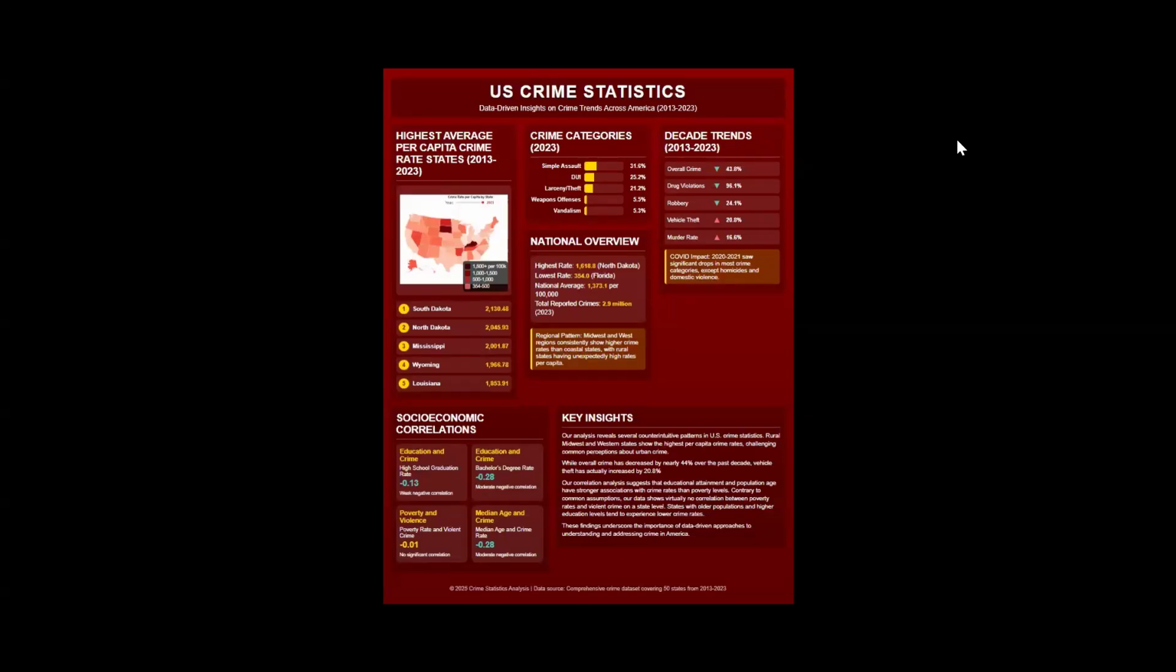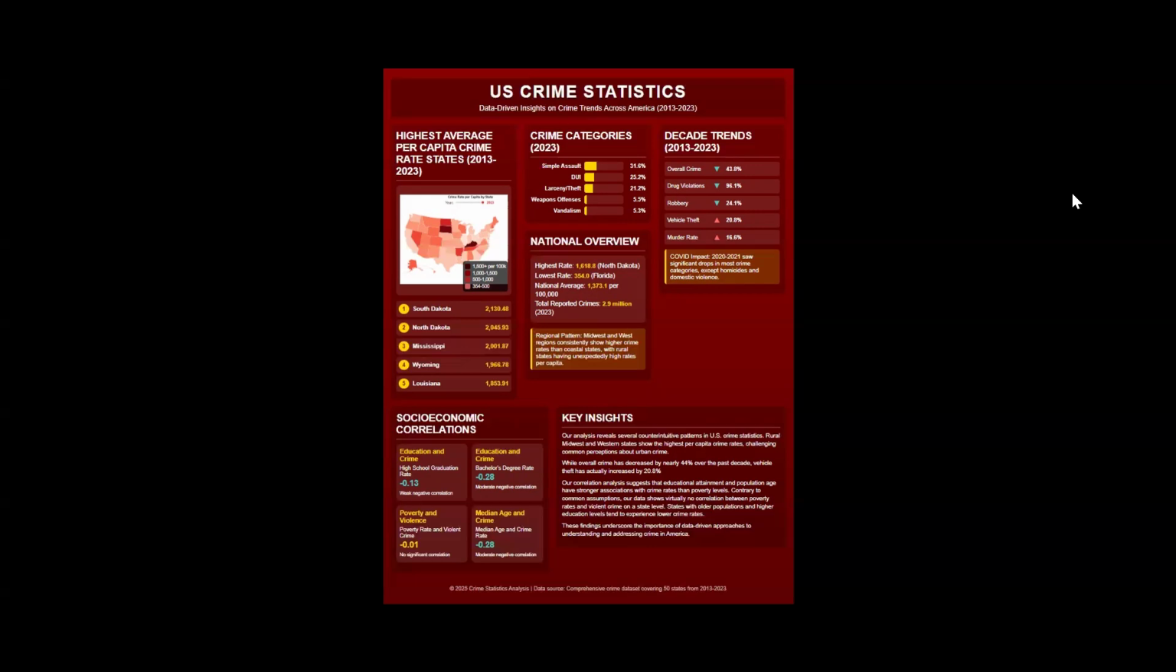Our dashboard allows you to explore these patterns through six interactive visualizations, including a choropleth map, crime category breakdowns, and correlation analysis. You can select specific states, filter by various demographic factors, and watch crime trends evolve over the decade. The socioeconomic correlations are particularly fascinating. Notice how education level and median age show moderate negative correlations with crime, while poverty surprisingly shows no significant correlation